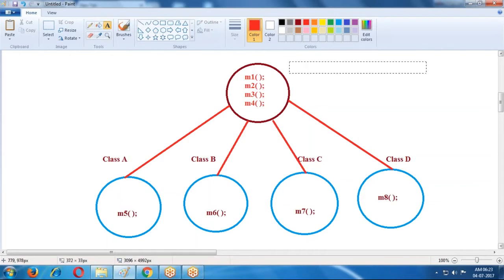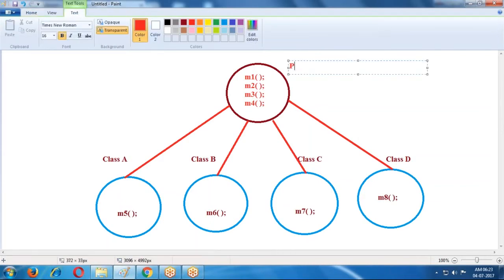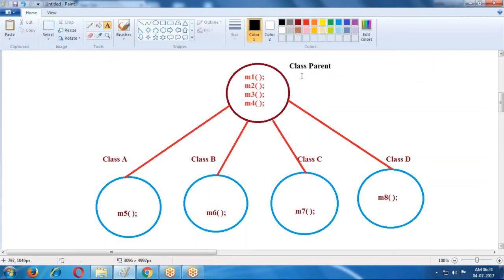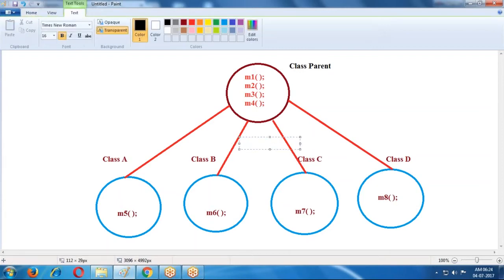This class can have any name; let's say the class is named parent. In this class we provide some of the methods, and we use these methods in the child classes. How? By using the extends keyword.